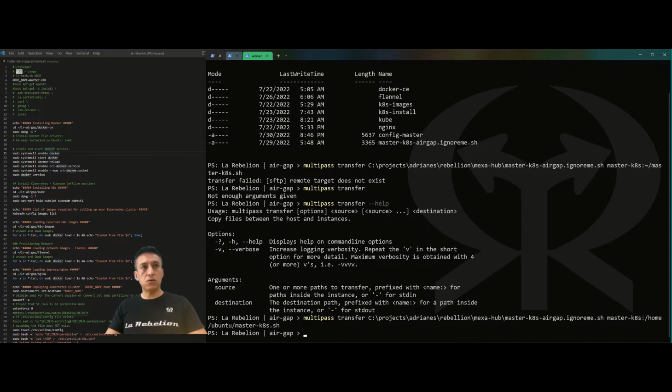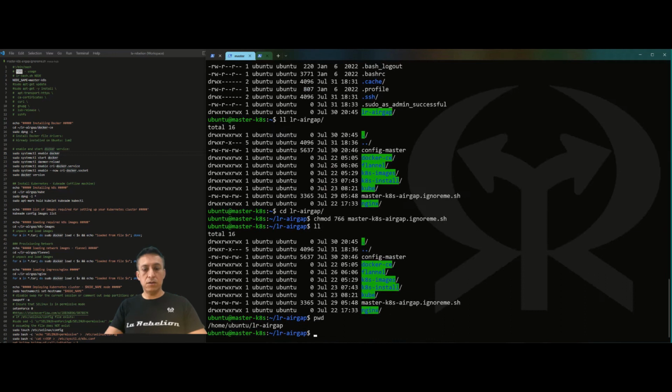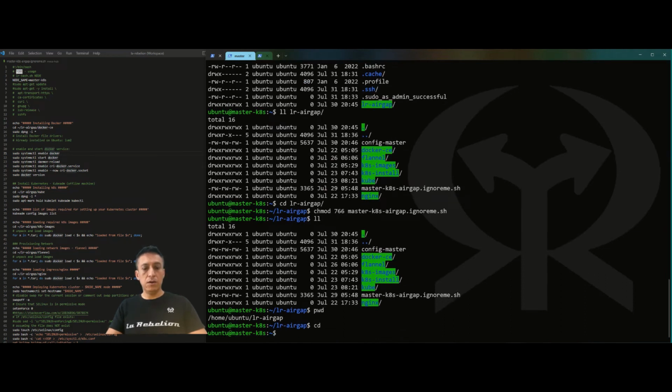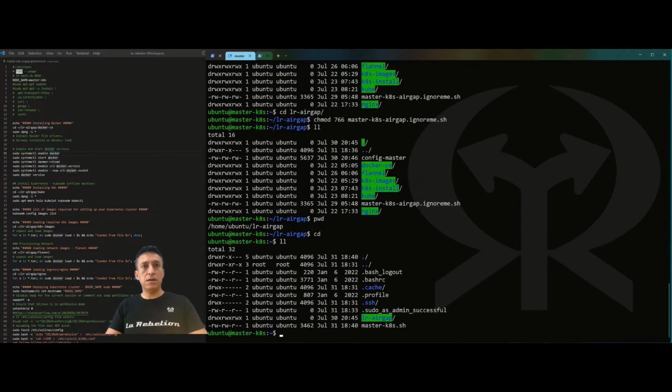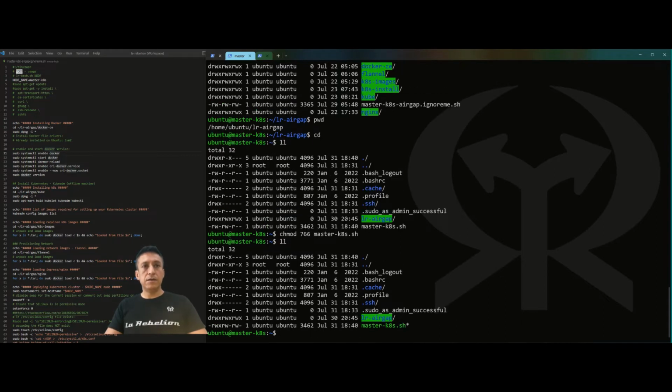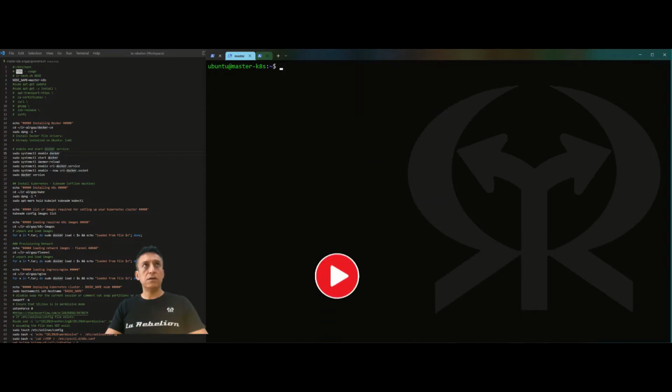So let's go to the master node and let me go to the directory in the home, and I have that here, master Kubernetes sh, and I will change the mode in this file to 766 master. Now you see this file was changed to executable. So let me clear here, and then